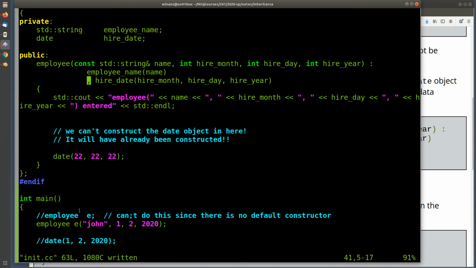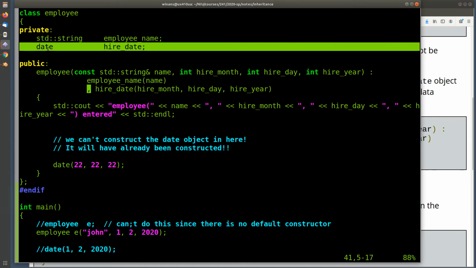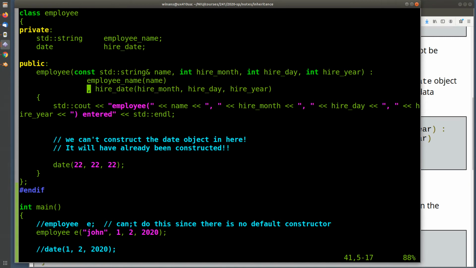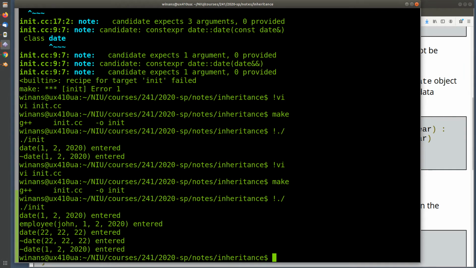All right. And we're going to construct an instance of the employee object right here, right? Class employee. And we're going to pass it John and these 3 values. It'll create the string. It'll construct, I should say, the employee name string with the thing that I pass in with this variable there. It'll call the constructor of the date object on behalf of this member variable, and construct it with these 3 arguments here. And I'll go ahead and leave this one in down there as well. And what you'll see here is that it will